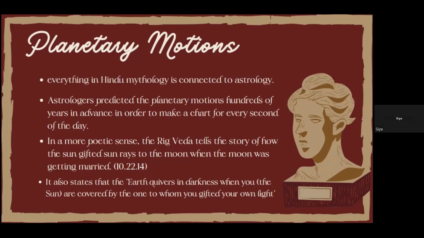So, for example, if my birthday is September 5th and I was born at a particular time, there will be a certain position of the planets at the time when I was born. And that position apparently will determine my entire personality. Now, many people find that very absurd, like how can planets do all of this? But it was a huge study for the saints, whether you want to believe it or not. And that is why they started to study planetary motions. And this is what they came up with.